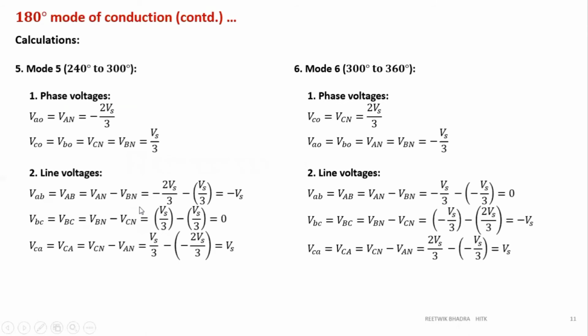So all these values are written over here. This is a part of your homework. 4, 5 and 6: you draw the circuit and check whether my answer written over here is correct or not. Because in your exam, you have to draw the circuit for all the modes and write the answers like this. Find out these values, write the answer. So it will be a large question, around a 10 marks question. So you have to calculate so many things over here.